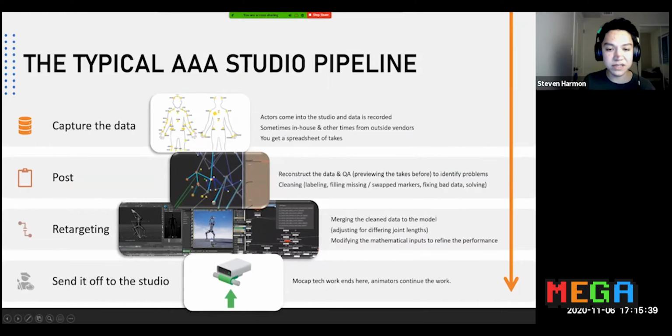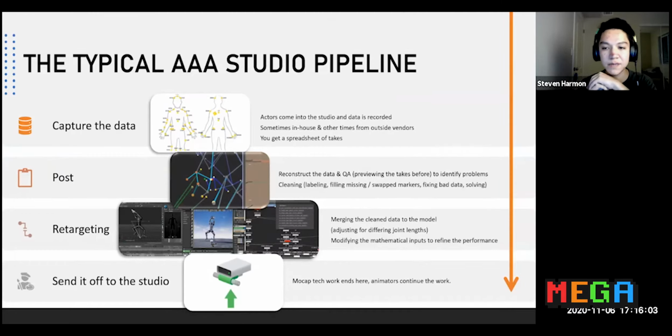As you can see with the gray ones, they don't know, this is just a guess of where it's at. You have to tell it where it's at. And then fill in missing markers, swap things. Markers go missing when there's occlusion, meaning something is blocking the camera, or let's say you have two actors hugging each other. That means you can't see their chest markers, which gives a little noise